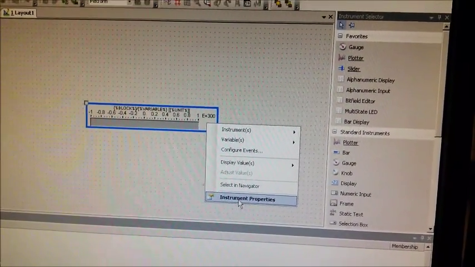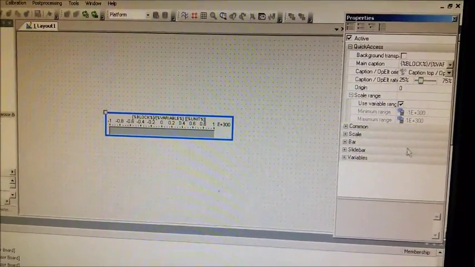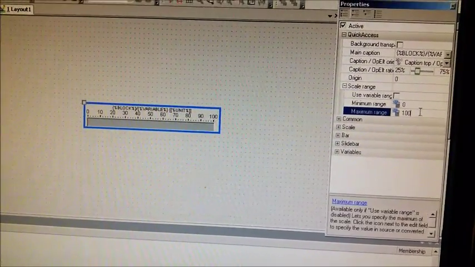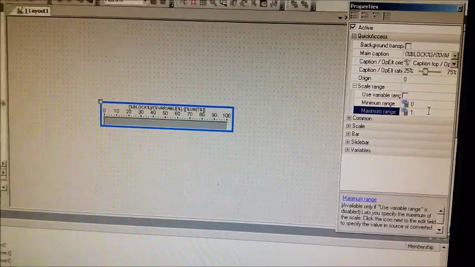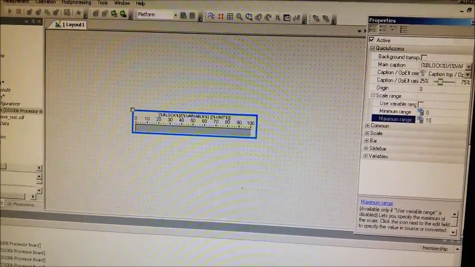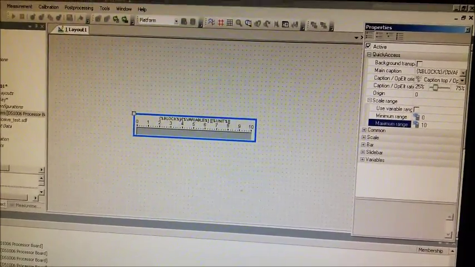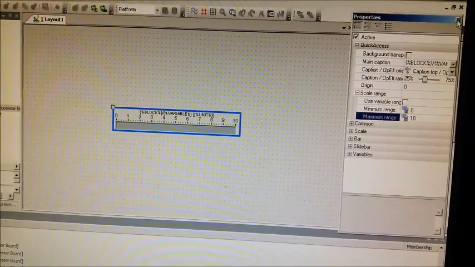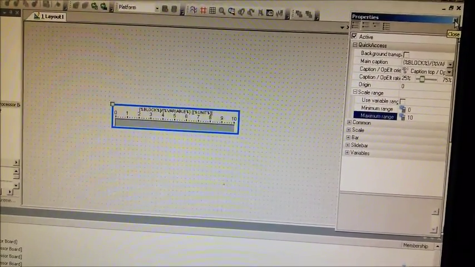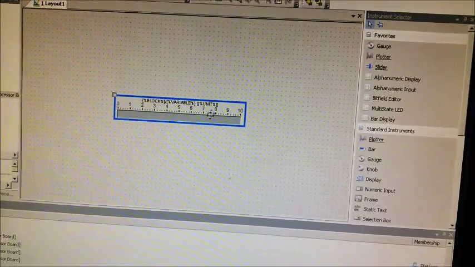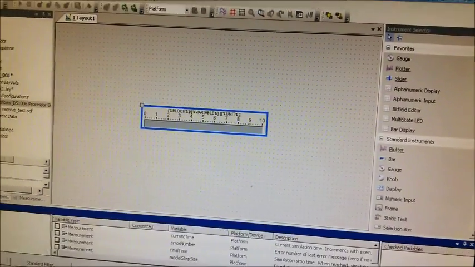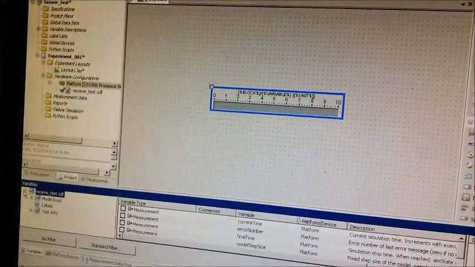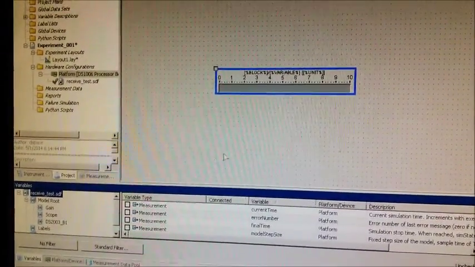Let's change it a bit. Let's make it 0 to 1, sorry, 0 to 10. There we go. So the properties have been changed to 0 to 10, and now we are going to connect the Simulink blocks with